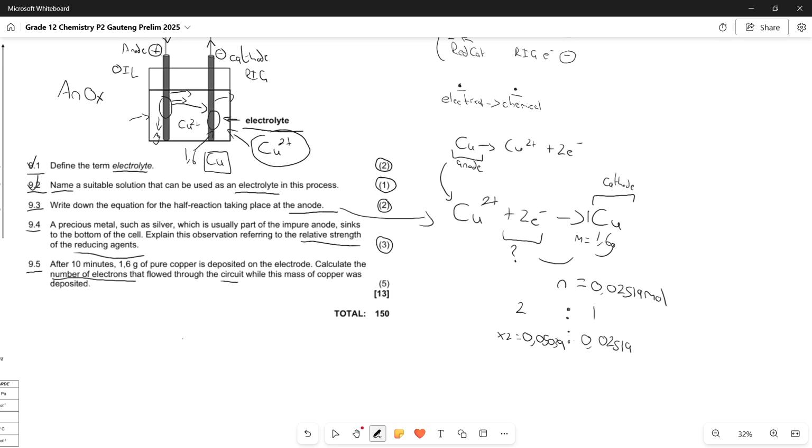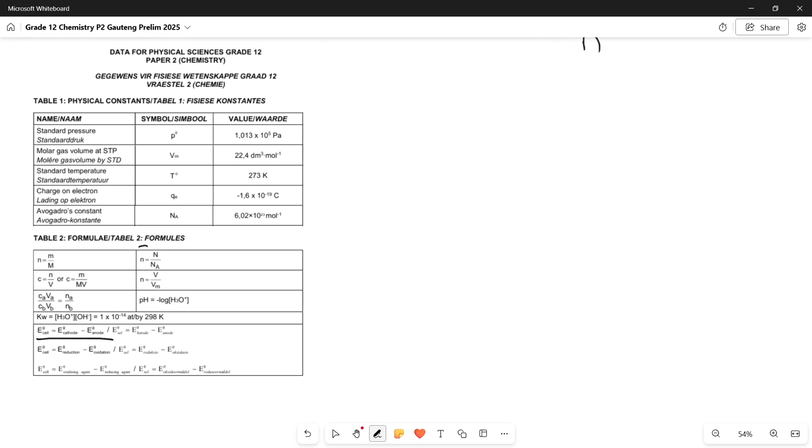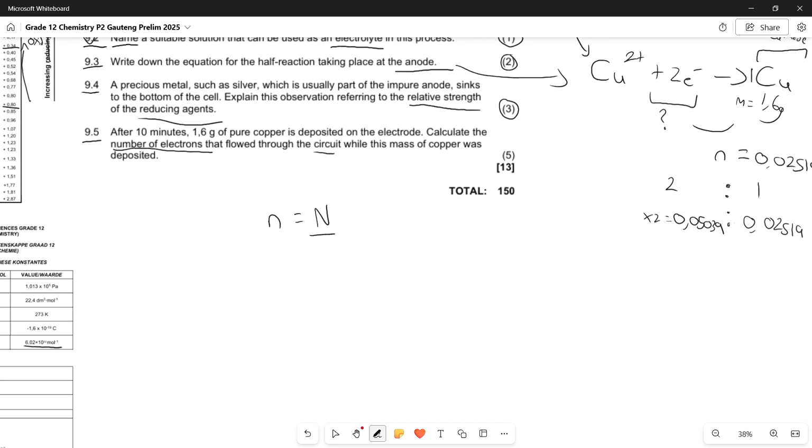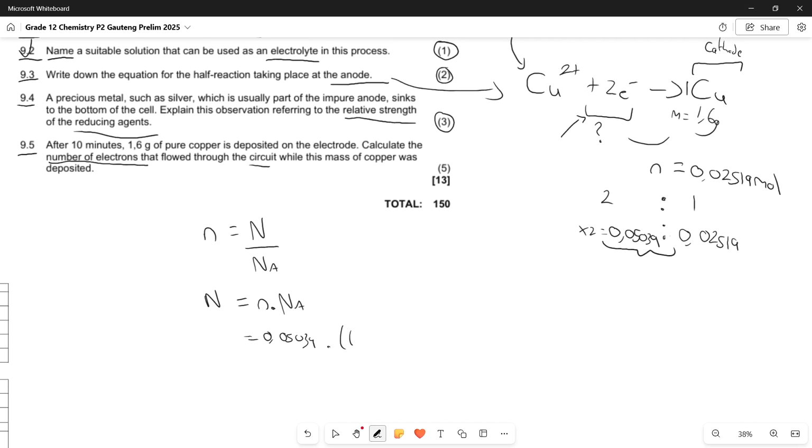which means that we aren't very far from our last equation, because what we have on our formula sheet is the amount of electrons or the amount of atoms, because a formula that we don't use very often anymore is the moles equals the amount of atoms or particles over Avogadro's constant, okay, which is also on our formula sheet here, which means we can just go ahead and rewrite this formula where we have n = N/NA, and if we're going to rearrange it, we want capital N by itself, so we have the moles multiplied by Avogadro's constant, and the moles that we just calculated was this one over here, the 0.05039 that we have for the amount of electrons after we did our molar ratio, and then Avogadro's constant on our formula sheet is 6.02 × 10^23,